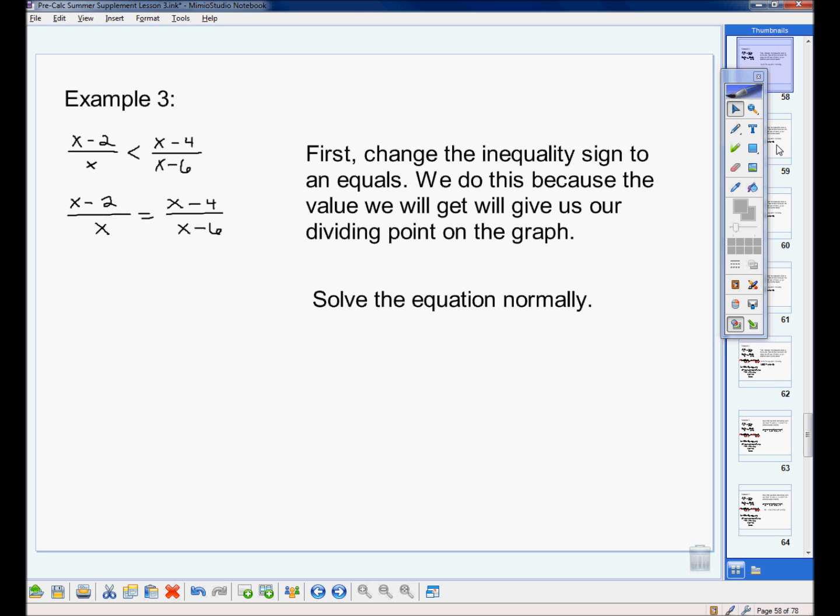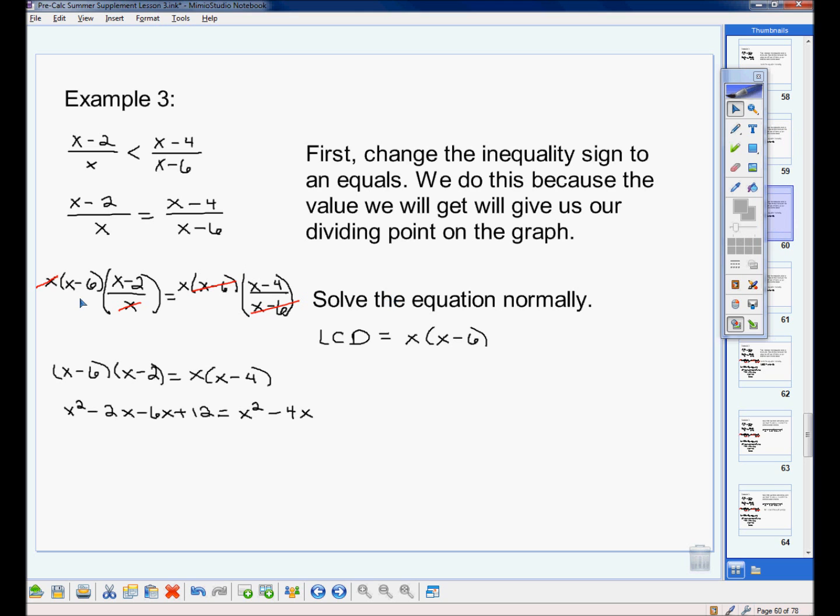So let's take a look at normally. We find the least common denominator. In this case it's x times x minus 6. Then you multiply both sides of the equation by that least common denominator. Cancel out what can be canceled. Then